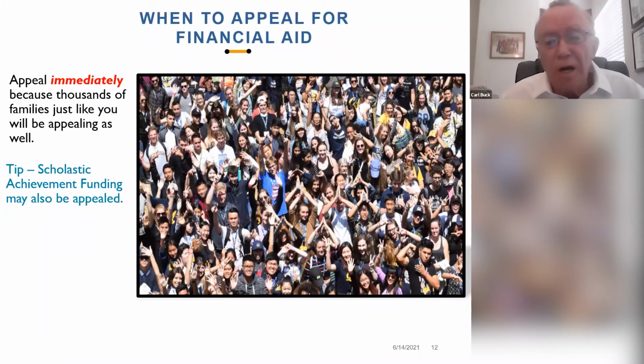Now here's a tip as well. I've always recommended to students that work with me, not only appeal for need-based funding, but if you're getting a scholastic award, you can always go back to the department in your major and see if there will be additional funds remaining for you. As I mentioned earlier, if you're having 3.5 to 5% of undergraduate students who didn't return in the spring,